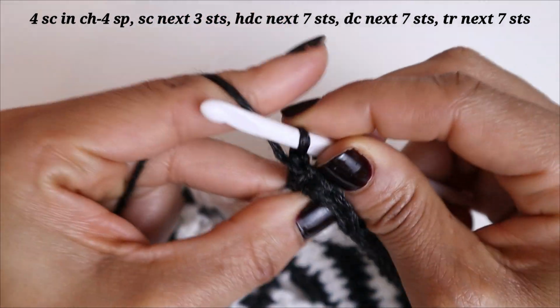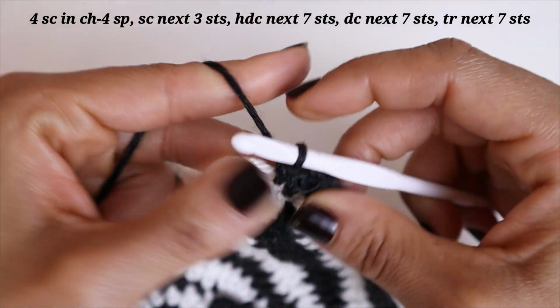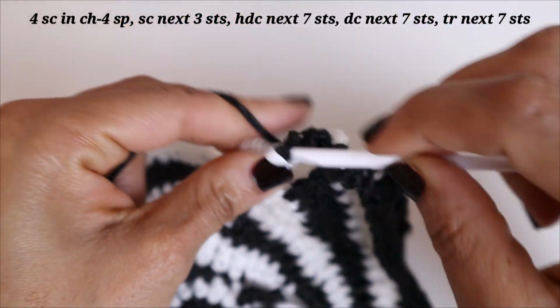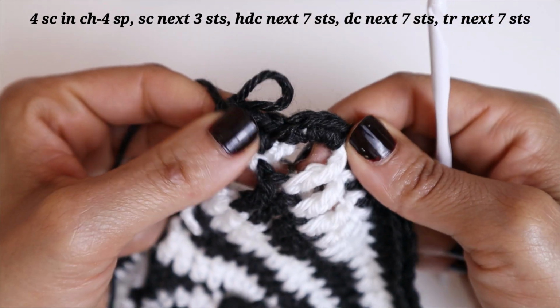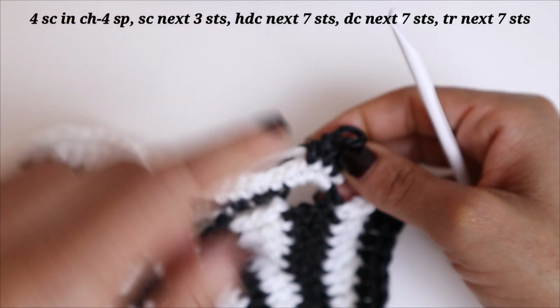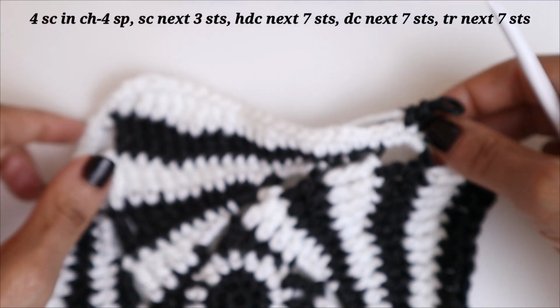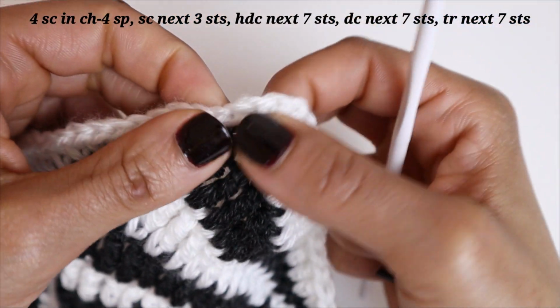1 into the next stitch, 2, and 3. That is a total of 7 single crochets. So once again, you're going to do 7 half double, 7 double, and 7 treble, and immediately go back into